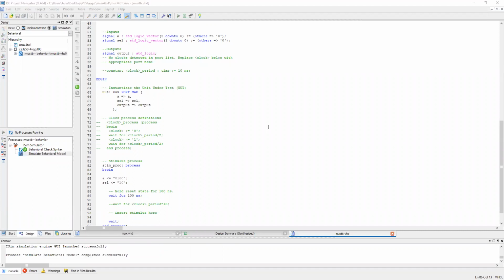Now see, as we have select line 10, that means now the third input will transfer to the output. So this third input is 1 and the output also we are getting 1. That means whatever we have written and we are executing is correct.